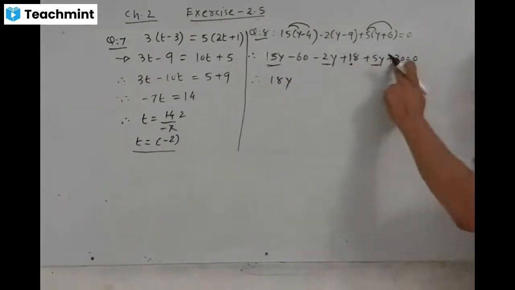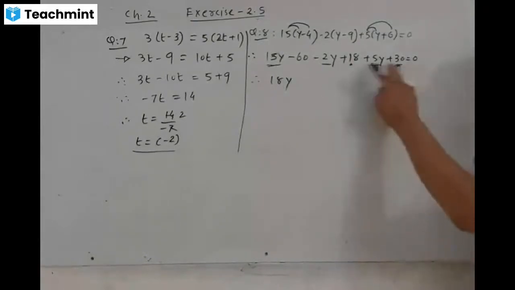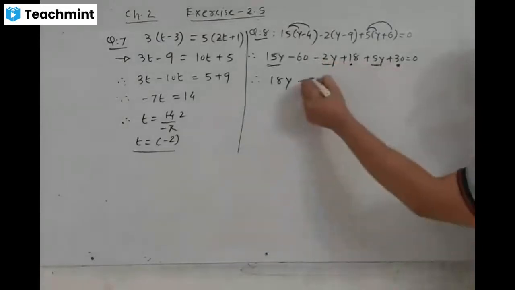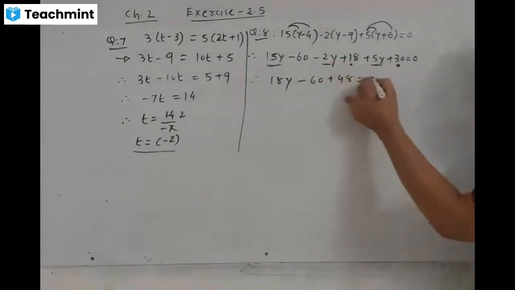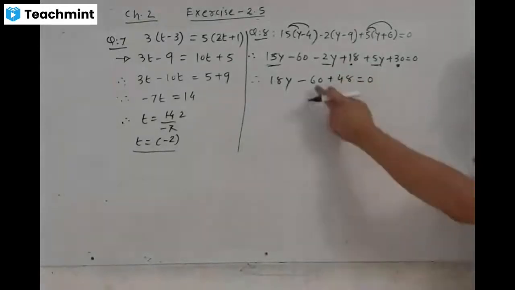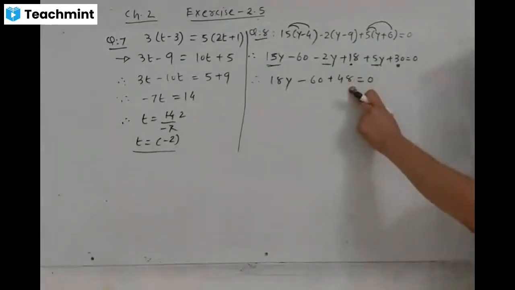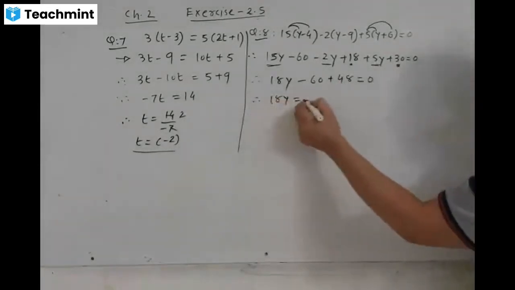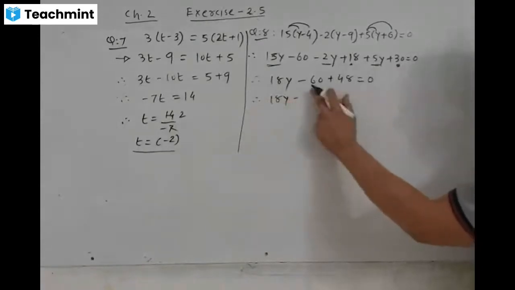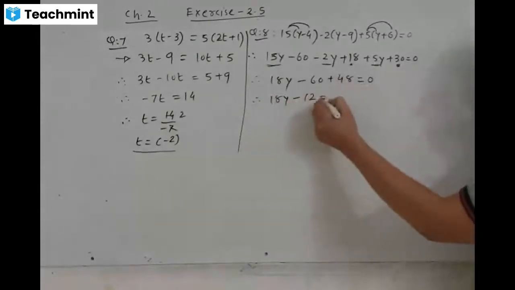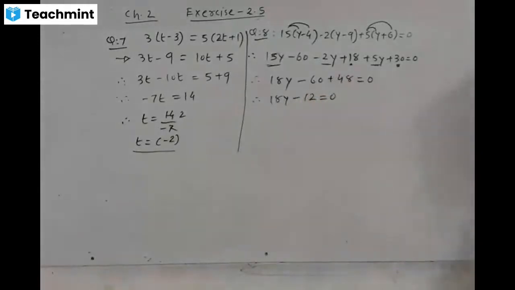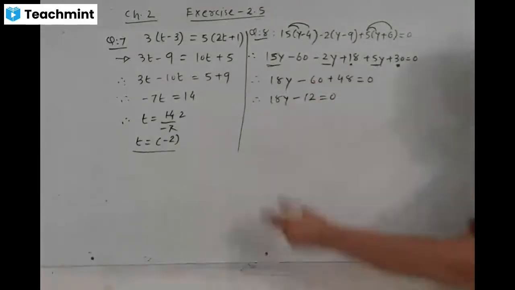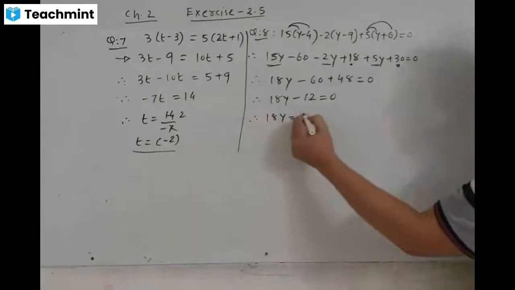Okay, positive 20y minus 2y that is 18y. 30 plus 18 that is equal to 48, positive 48. That is positive 48 minus 60, ऐसा लिखते हैं, minus 60 plus positive 48 is equal to 0. So both are opposite sign, not addition, that is a subtraction, that is minus 12, because 60 is a greater number and its sign is negative. That is negative 18y is equal to